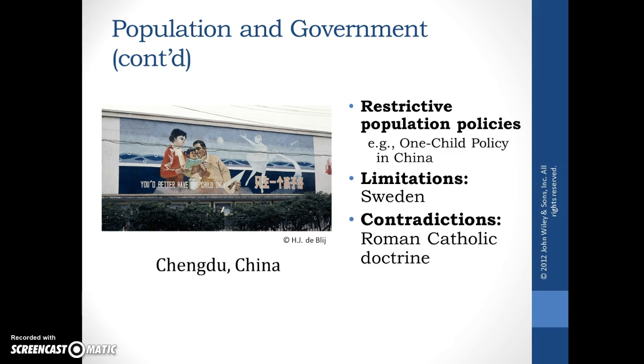Okay, so when we talk about restrictive population policies, probably the most famous, and one you absolutely need to know for the AP exam, is the one-child policy in China. In a nutshell, the way it works is this. When you get married, you register. When you're ready to have a child, you get a certificate that gives you permission to have one child. If you end up having more than one child, you pay significant fines, and it can have an adverse impact on your career, your housing, the schooling for your children, all kinds of things.